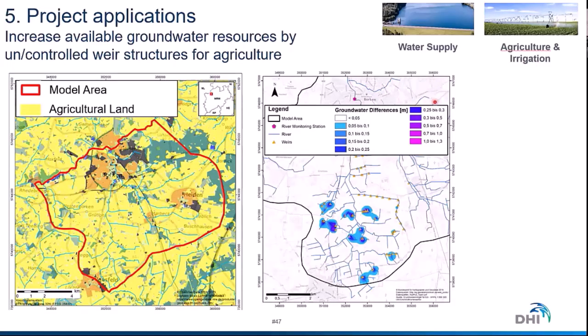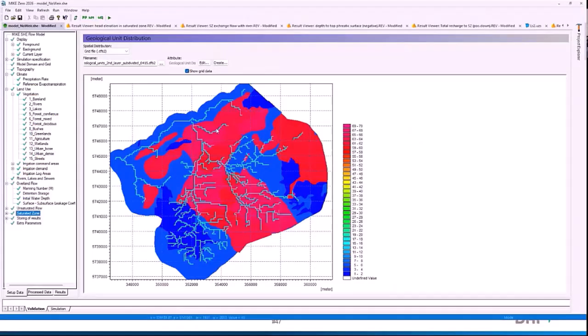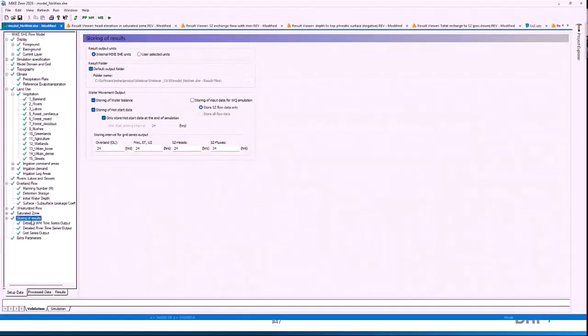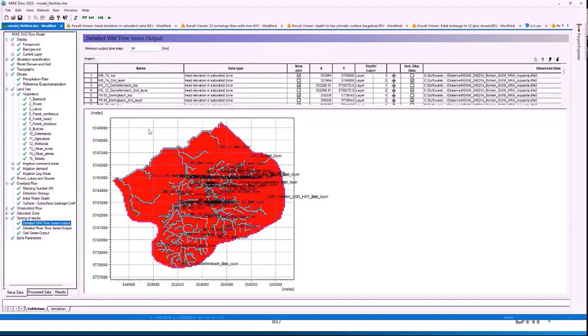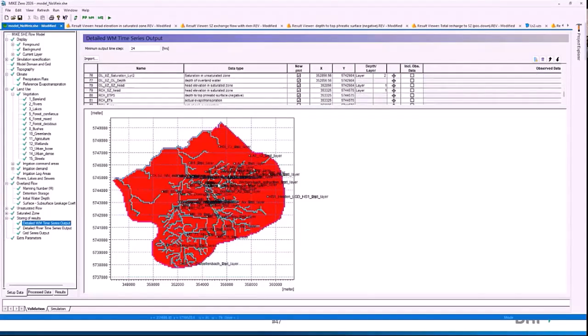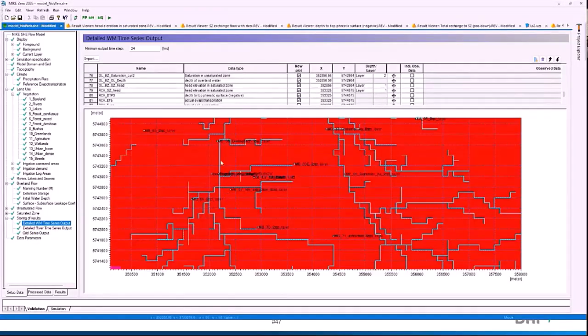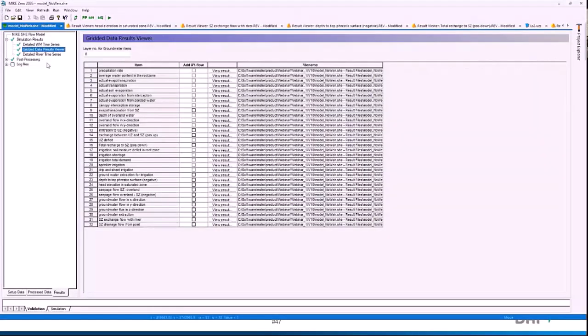And I would like to choose this model to show you a nice use case. So going back to the model you've seen recently, you have the option here to directly print out time series for several items. So of course we had included all the groundwater monitoring stations that we were supposed to calibrate, but I also added, in a certain location around here within the river, some more observation points. And then for this location, where I define X and Y coordinates,